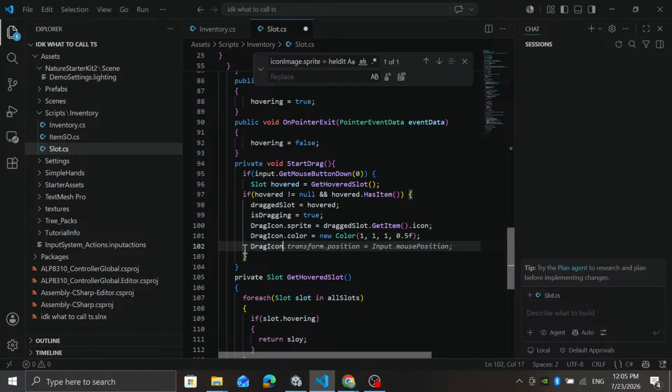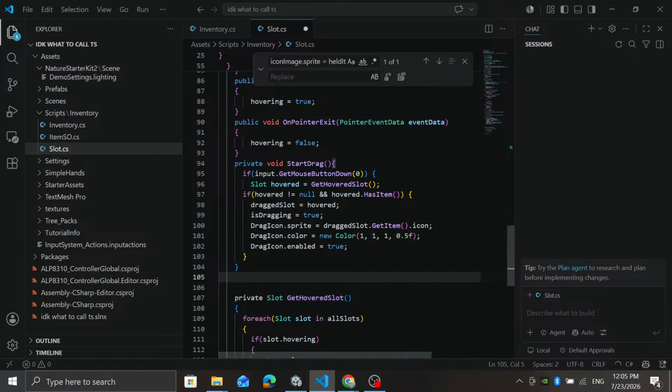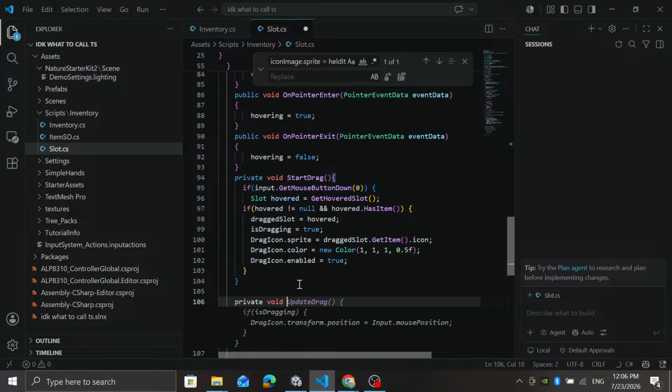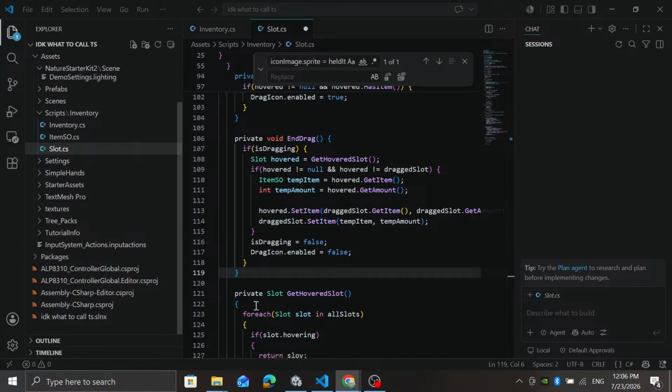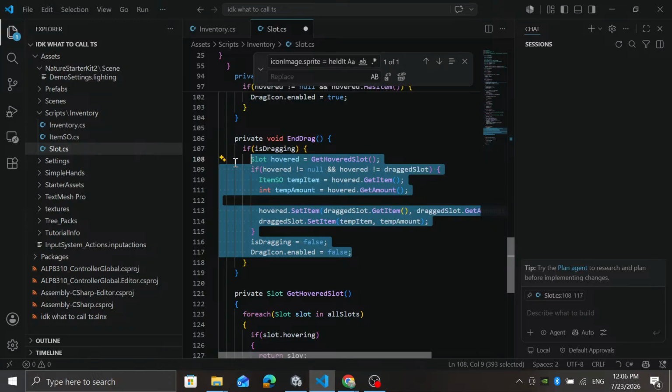Now this is all for the StartDrag. We also need one for the end drag. So let's add a function for that, which we will call private void EndDrag, and here we will check if Input.GetMouseButtonUp, like so, and we are